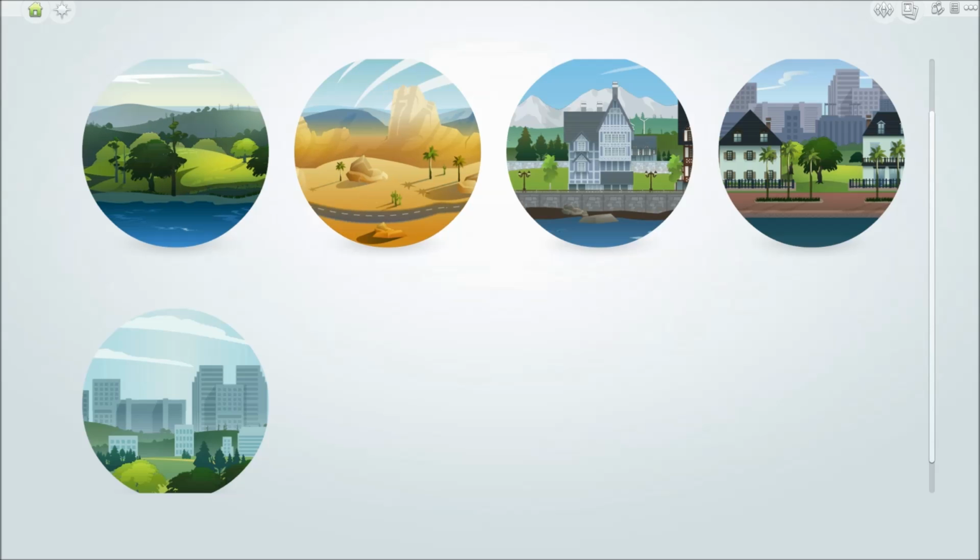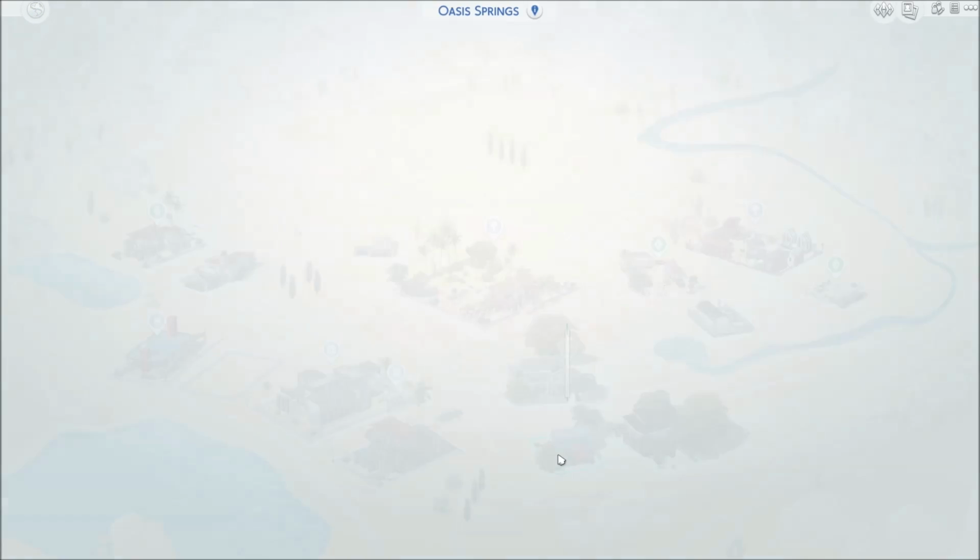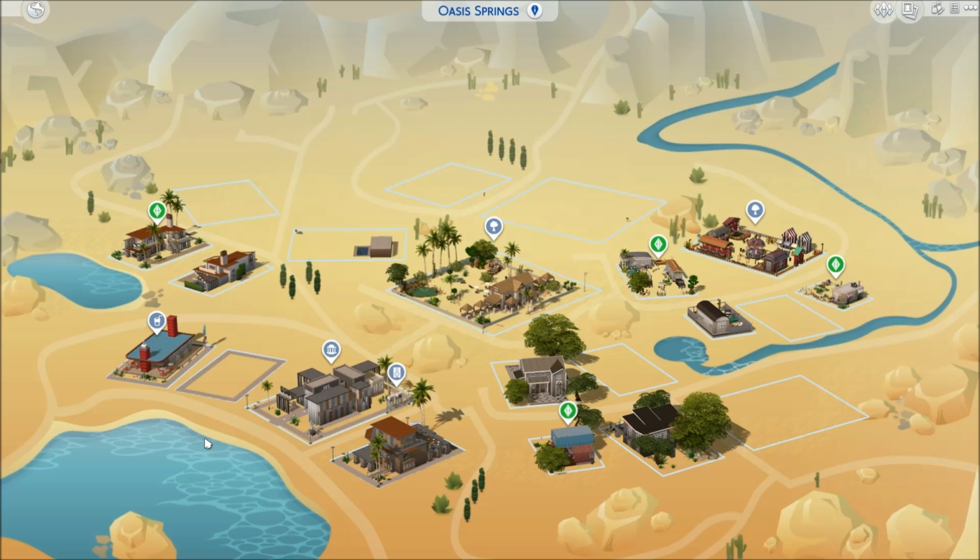I will start with a quick look in Oasis Springs because I believe I mentioned in the first installment of this series that a lot of my older builds are looking a little bit outdated compared to the newer ones, because some of them were built in the days before Move Objects On was available and we didn't have a lot of content. So I did mention that the cinema especially was beginning to look out